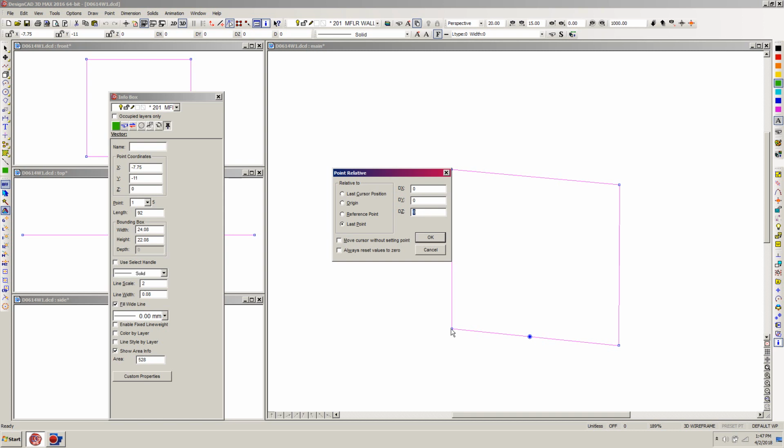I want to pull this 8 feet and 3/4 of an inch toward me. So toward me is negative, and away from me is positive along the z-axis. So I'm going to type into that dialog now minus 8 foot 0.75 inches, and I'm going to hit tab one time, and you can see here